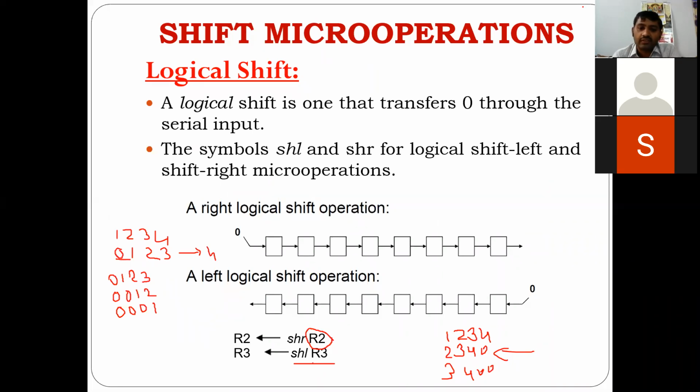One student is asking what about the shifted elements, that they will be discarded, that they will be removed, right? Removed means that they will be overwritten. For example, see here 1, 2, 3, 4. In this, I'm shifting right. When I'm shifting right, the MSB bit is occupied with 0. What is the previous MSB bit? 1. That 1 will occupy the next position. And the final one will be erased, which means that it will be removed. Clear?